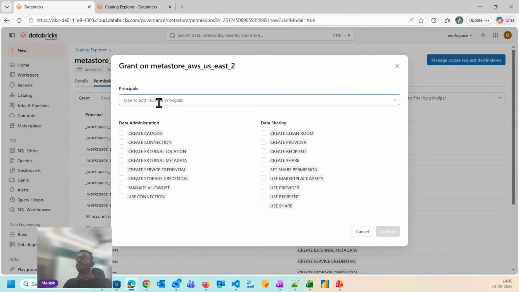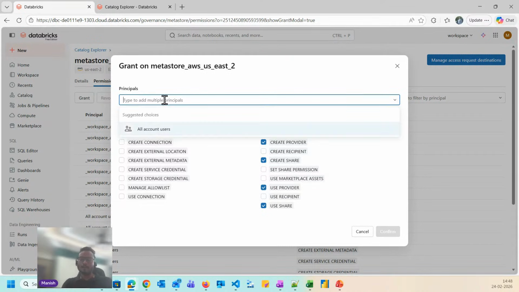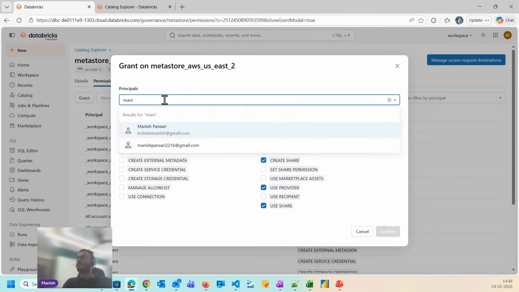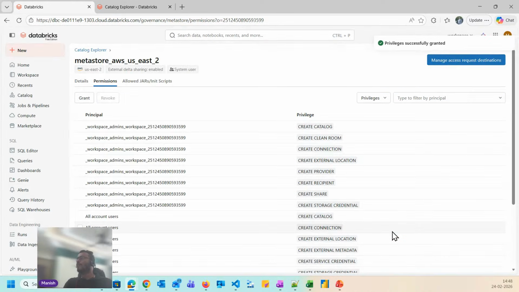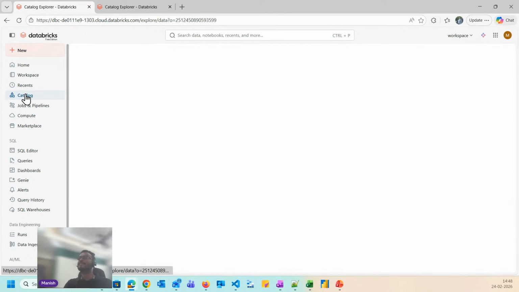You have to create a provider, you have to create a share, and you have to use the provider, and you have to use the share. These 4 options you have to make possible. I'm giving permission to myself. Now I have given the permission. That means now I can share the data.